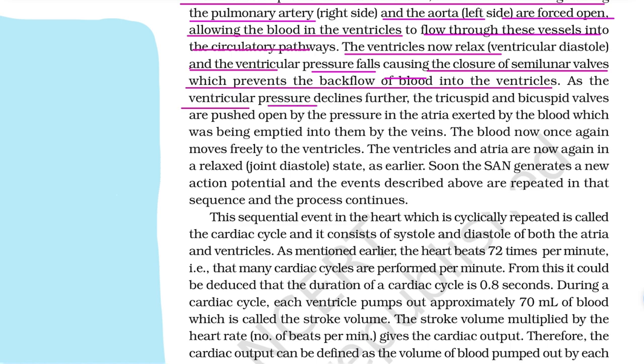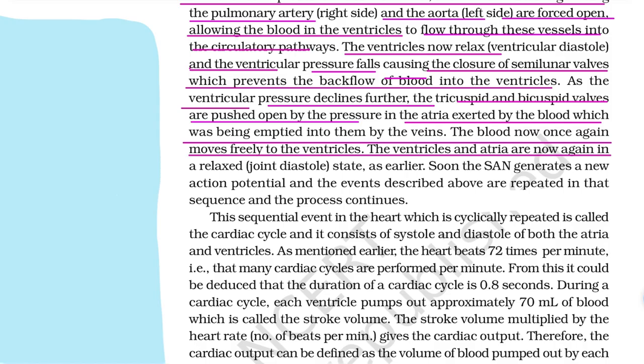As the ventricular pressure declines further, the tricuspid and bicuspid valves are pushed open by the pressure in the atria exerted by the blood, which was being emptied into them by the veins. The blood now once again moves freely to the ventricles. The ventricles and atria are now again in a relaxed state as earlier. Soon SAN generates a new action potential and the events described above are repeated in that sequence and the process